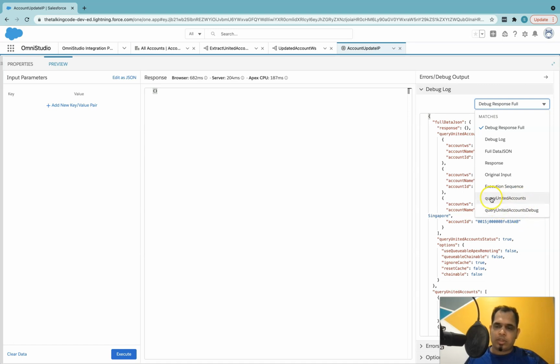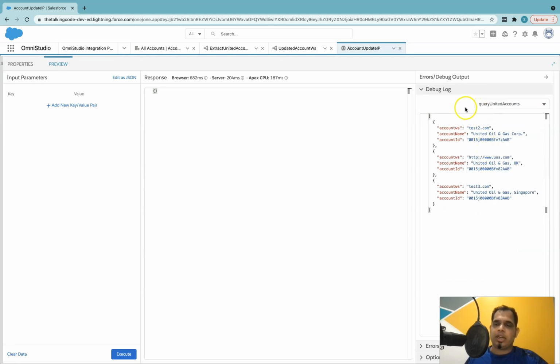With the same name you have two things, query united accounts and query united accounts debug. So query united accounts tells what response that action returned. For now, this data raptor returned all these three accounts.